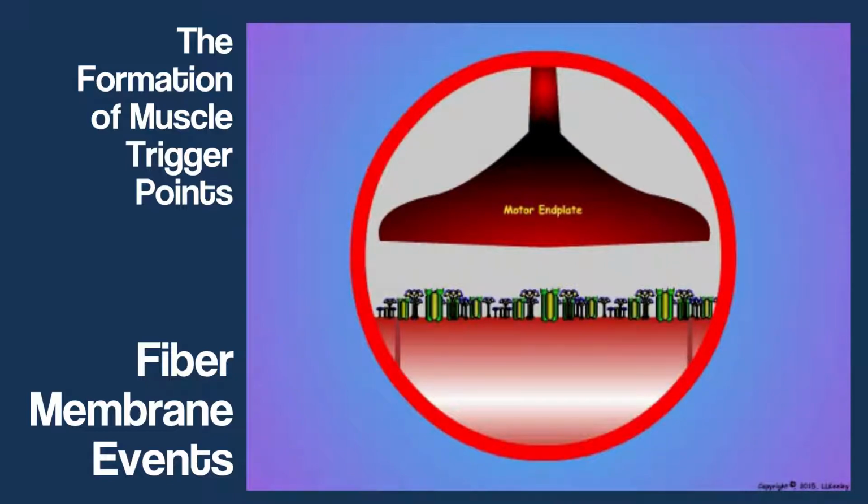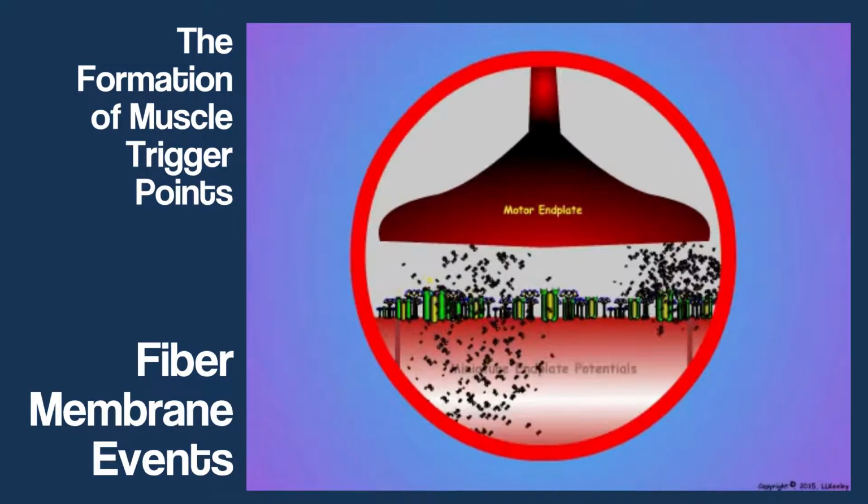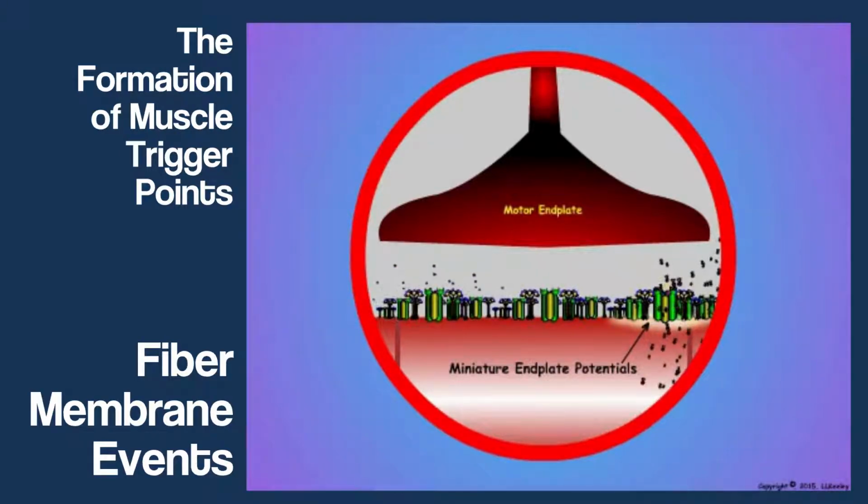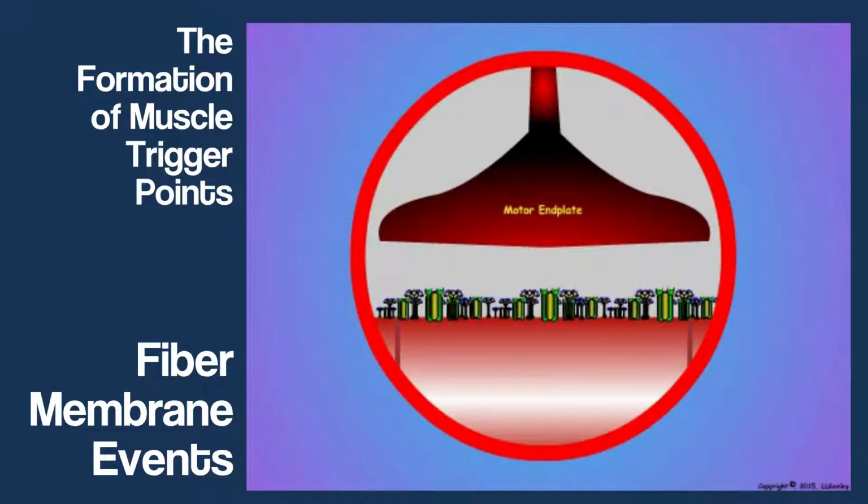In reality, the fiber surface beneath the end plate has many receptor channels. Acetylcholine is actually released in units of around 10,000 molecules. Each acetylcholine unit activates a region of the fiber surface and produces a localized depolarization in that region called a miniature end plate potential. When motor neuron action potentials reach the motor end plate, the entire end plate is activated